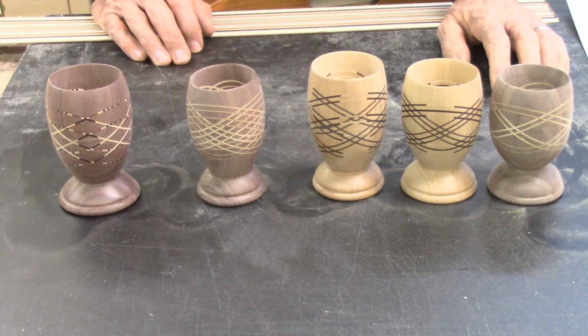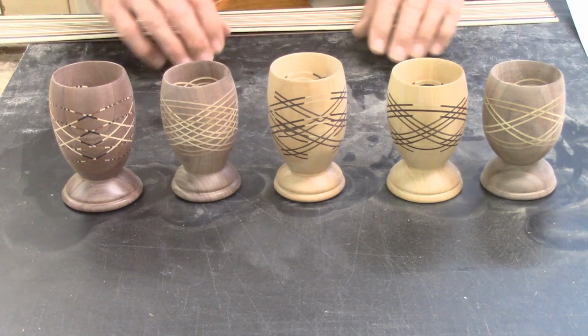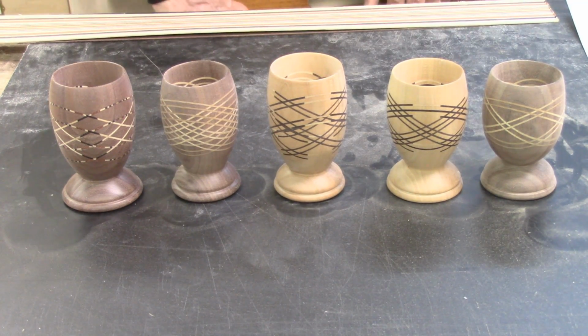Well, that completes the Celtic ring project. Next I'll take these and give these 2 coats of shellac and then probably 2 coats of wipe-on polyurethane, and that'll finish the